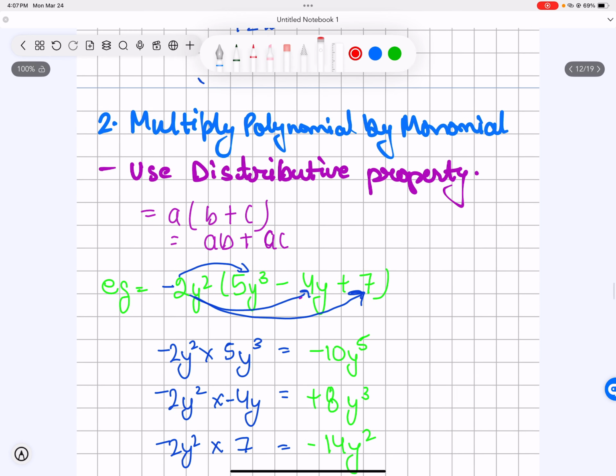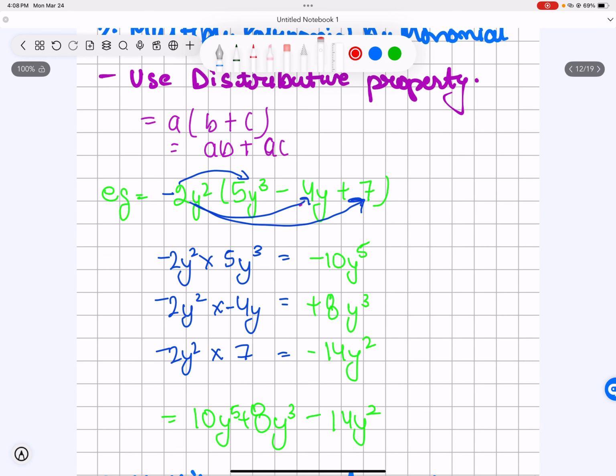We also use the distributive property when we multiply monomials by polynomials. So we have a into b plus c. In the parentheses, we multiply a into b first, and then we multiply a into c. We get ab plus ac. So if I do an example for this, it would be